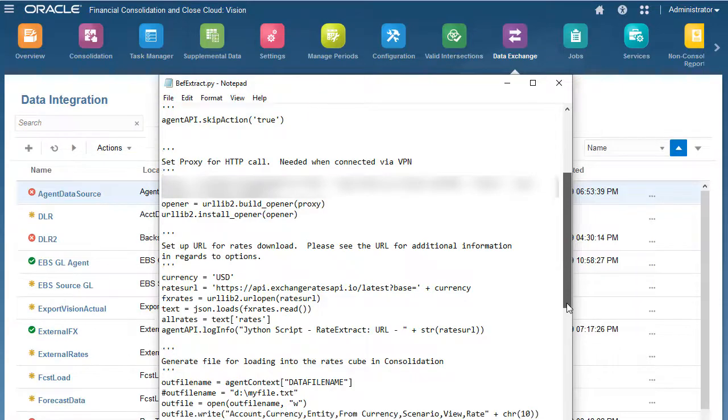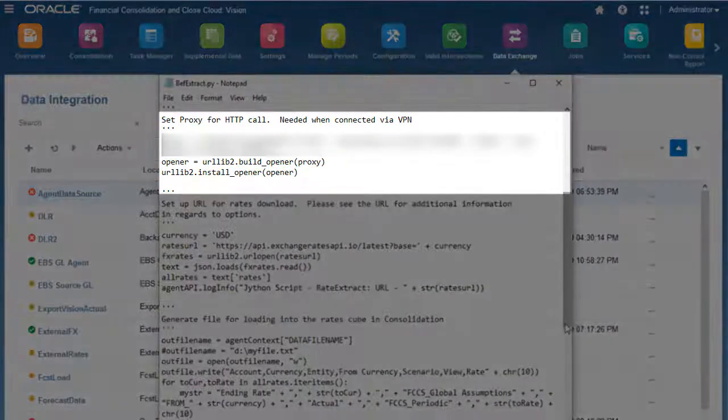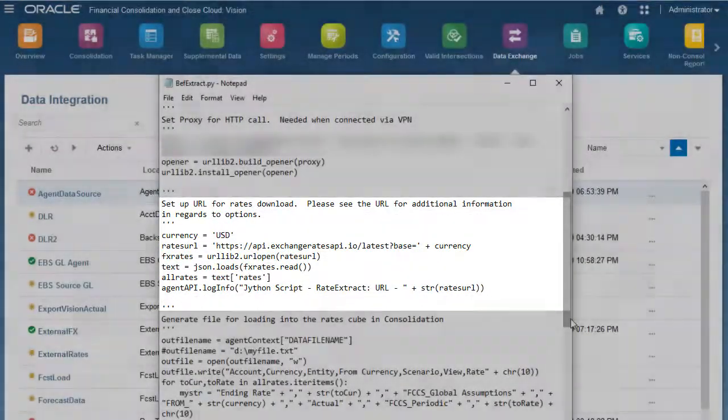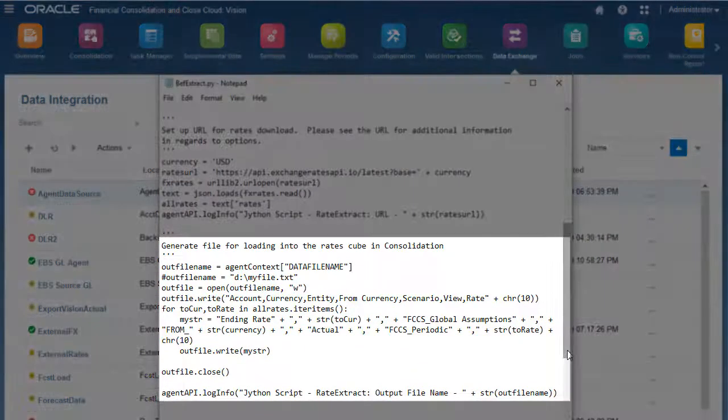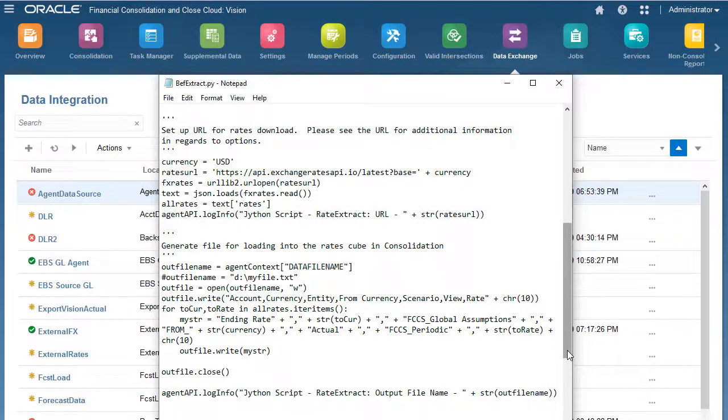The API is called, the exchange rates are retrieved, and then the exchange rate data is formatted into a file, which is put in the place where the agent expects to find that file. The result of the process is that the data file is uploaded to the cloud.